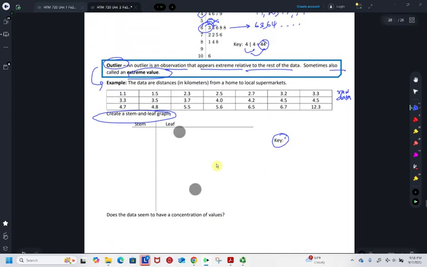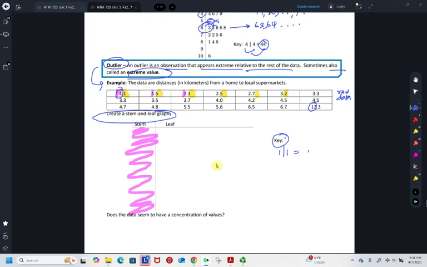I am going to look at the fact that I have 1.1 to 12.3. So I'm going to use every number before the decimal as my stem. And I'm going to use numbers after the decimal as my leaf. So in which case, I'm saying 1 bar 1 will be representing 1.1. So I have 1 here, 1, 1, oh, excuse me, that'll be 2. So I have 1 against 1,